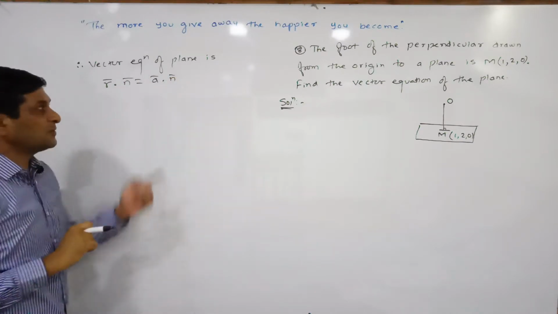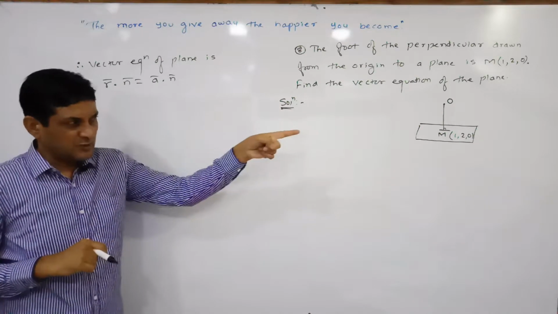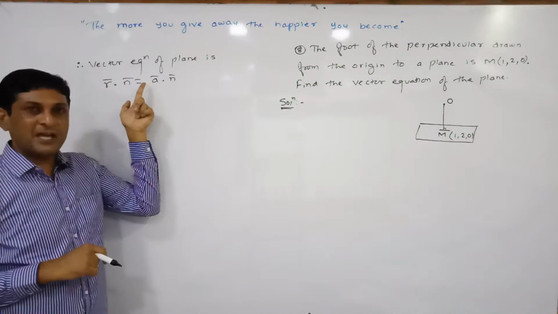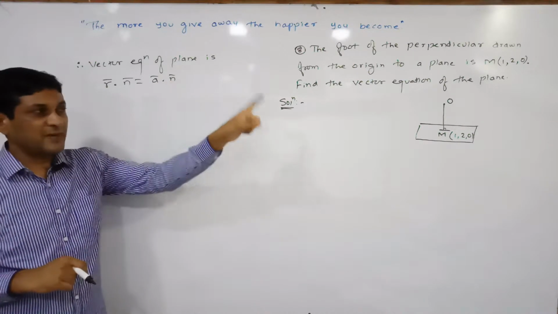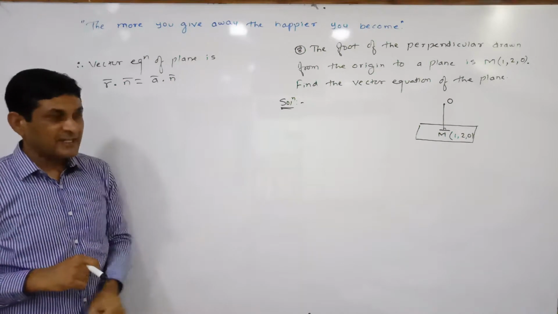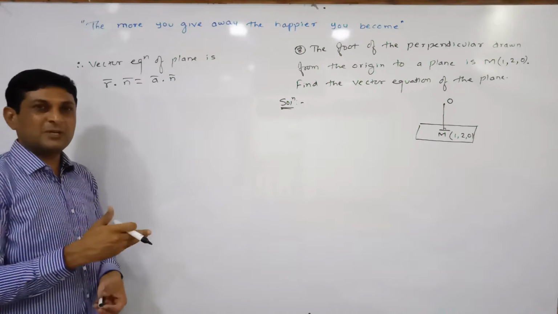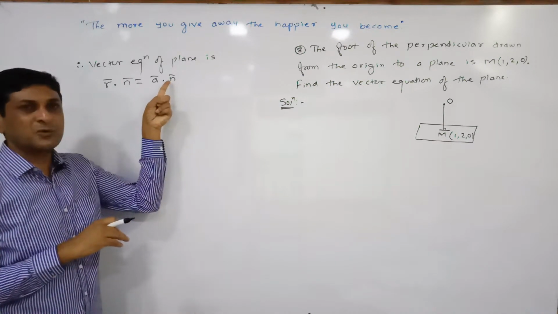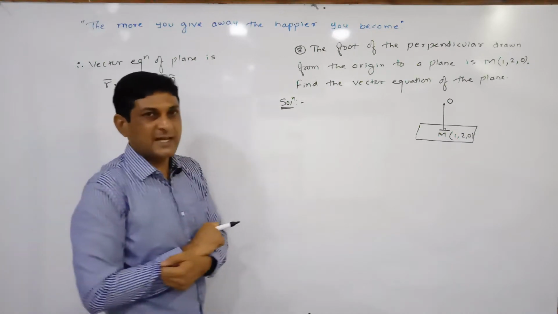To apply this formula, we will require ā. ā means what? Position vector of one point on the plane. So already M is the point on the plane. We will denote its position vector by ā, and we will get the value of ā. And n̄ is nothing but vector along the normal. Here OM̄ is nothing but what? Normal to the plane, vector along the normal to the plane. Let us denote that vector by what? n̄. If these values are known to us, this formula is applicable.